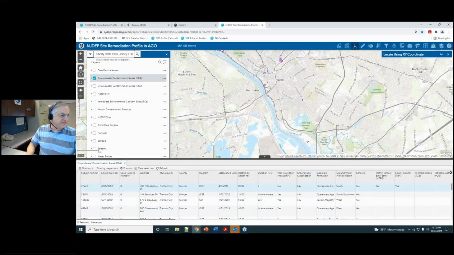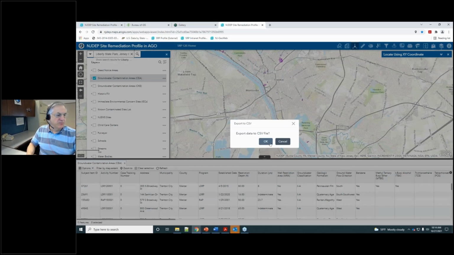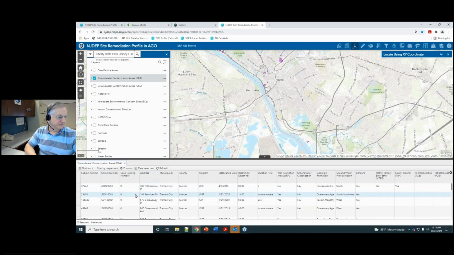So now I have those 15. Let me just quickly export, yes. And it should pop up here in the lower left corner. We have been having troubles that some of these layers do not draw. We do have snafus with this, so it should have appeared down here. It did not. But let me go on to the next thing that I want to talk about, which is